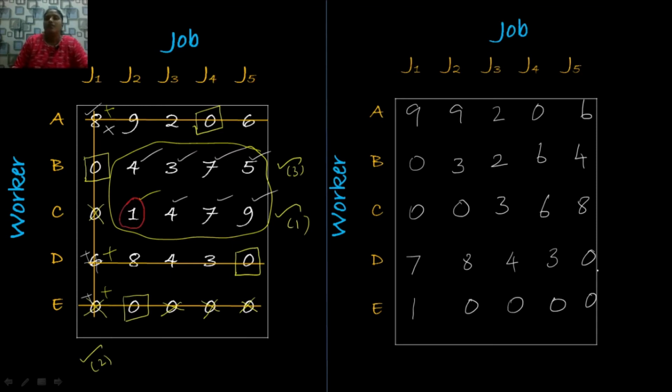Now we are going to make an assignment again. For that, let us first write down the number of zeros in each row to decide where we are going to give our first assignment. Okay. So first row has only 1 zero element. Second row also has only 1 zero element. Third row has 2 zero elements. Fourth row also has 1 zero element, and the last row has 4 zero elements. So we are going to give our first assignment either for the first row, second row or fourth row.